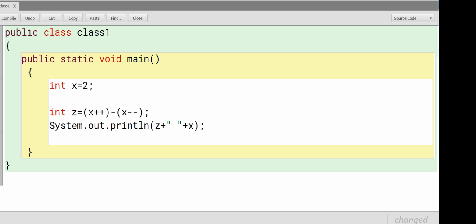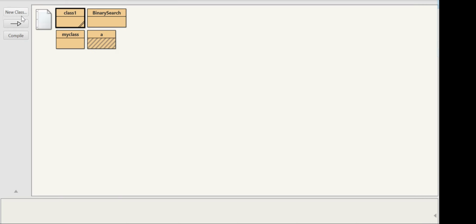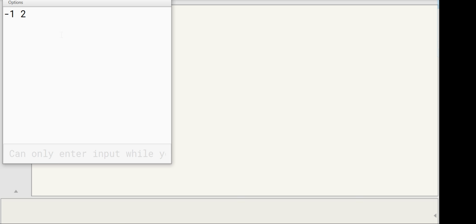Here the value of x is 2 and here the value 3 will be transferred, which will be decreased, but 3 will be used first. So it will be 2 minus 3. First the 2 will be used, but the incremented value 3 will be transferred here, and then this value 3 will be decreased itself, but it will be used before the decreasing. So guess the result. What will be the result after making this change? Compile it and check the result. This is minus 1. Now you are able to understand.